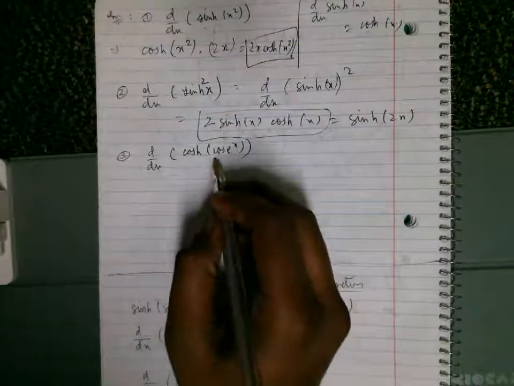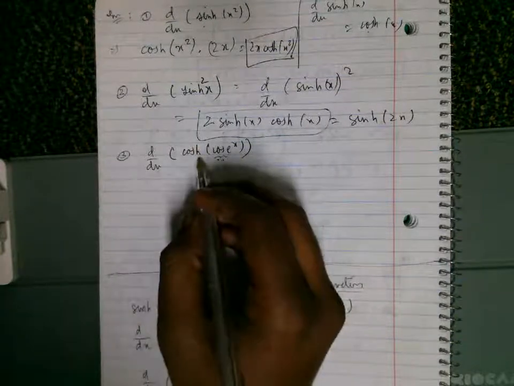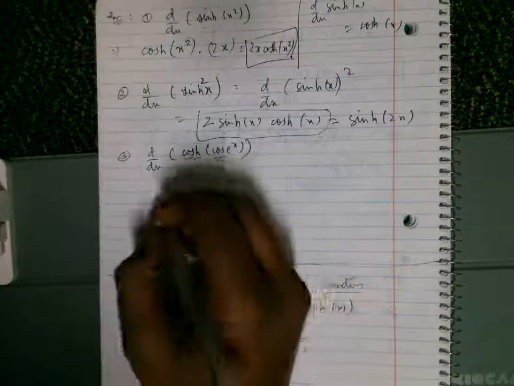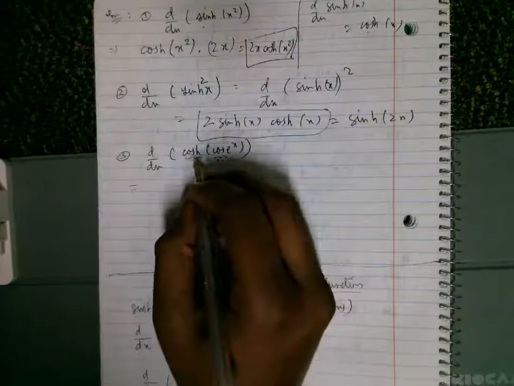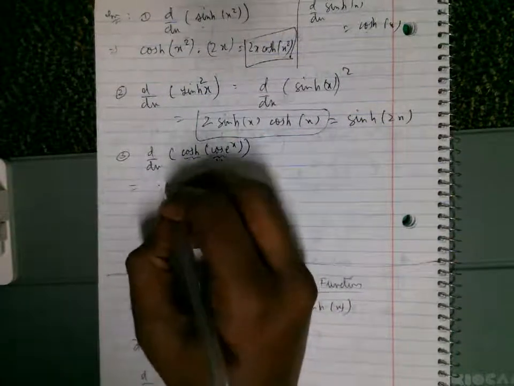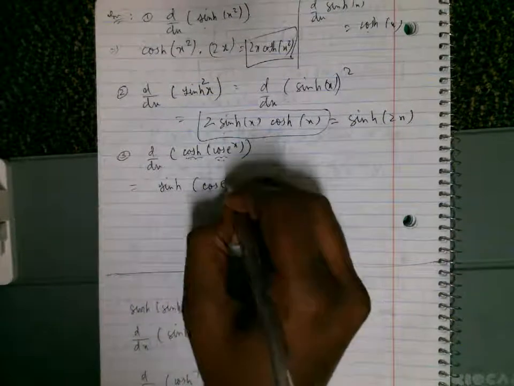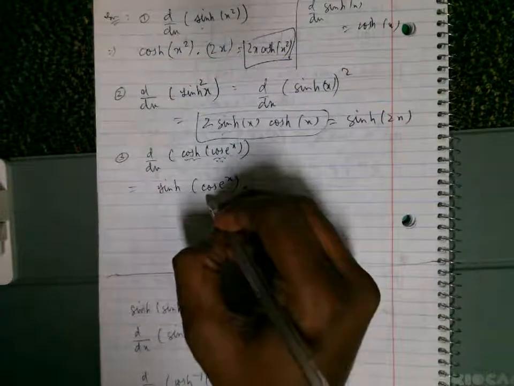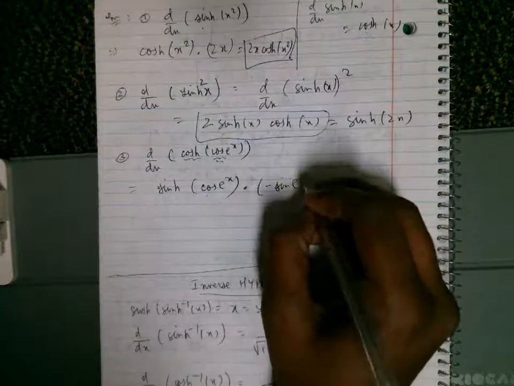All right. So now let's look at the derivative of this function, cosh of cos of e to the power x. So this is the trigonometric cosine function, composed with the exponential and composed with cosh, hyperbolic. So we just have to use the chain rule here. First we'll differentiate cosh of something. We know that the differentiation of cosh of something is sinh of something, and now we have to differentiate something.